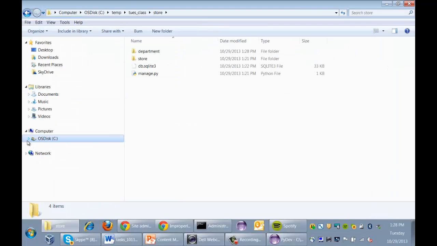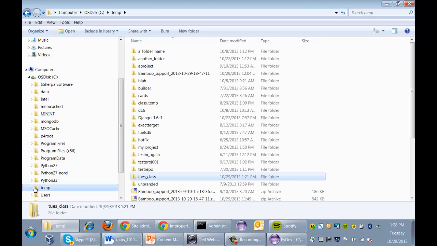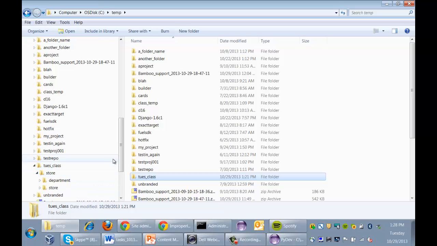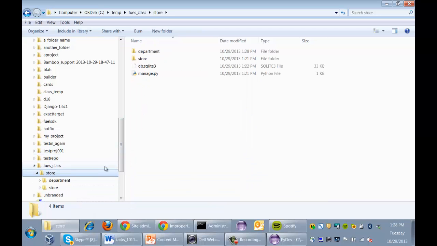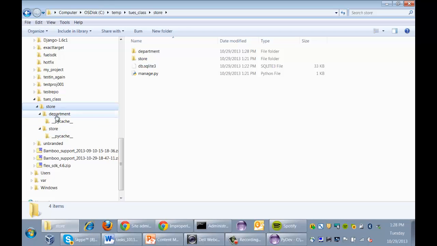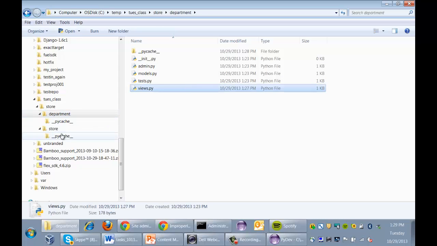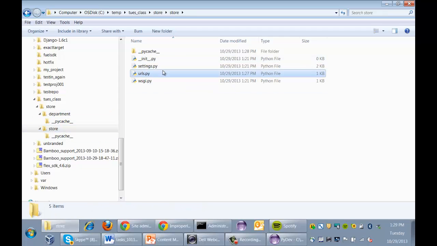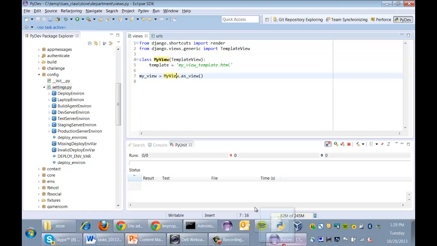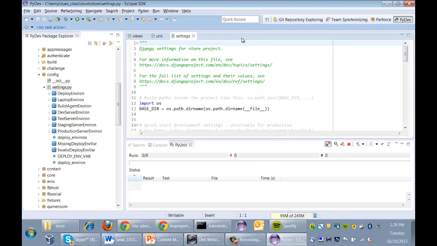I should do it this way so we see it in the tree because that's a little easier to understand. Tuesday's class, here we go. Store. And here's our department. Here's the views, and we're pointing to it from this URL. So we need to do one other thing. That is, we need to add our new application to our settings. Right? We do that under